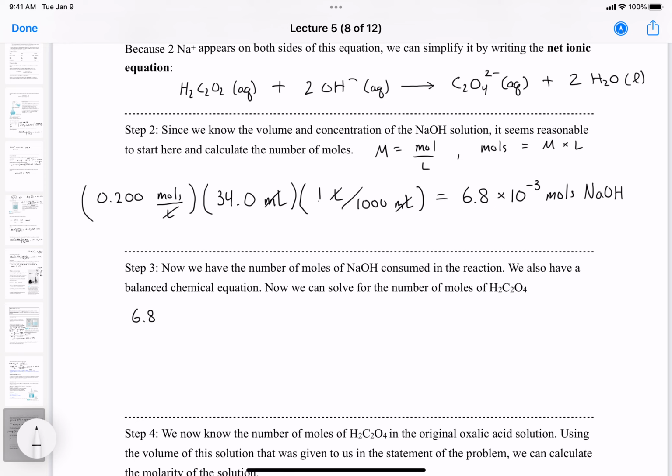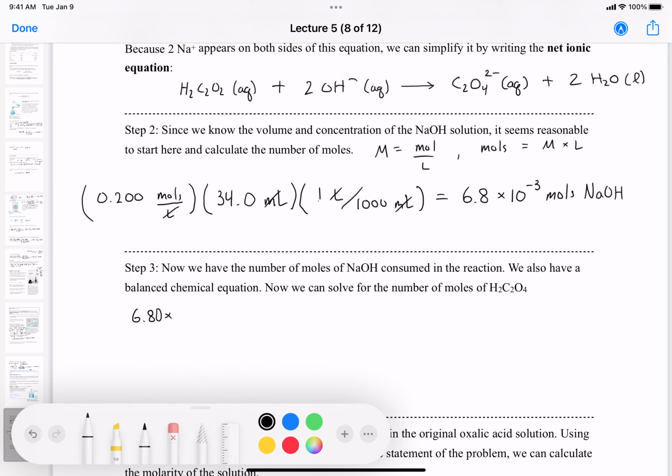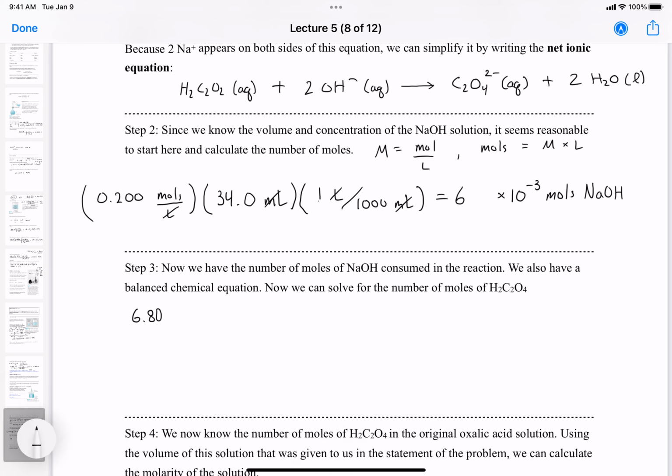Okay, so 6.8 times 10. Oh, well, I should not actually use 6.8, right? It should be 3 sig figs. So let's actually do that calculation here: 0.200 times 34 divided by 1,000. Okay, so it's 6.80 times 10 to the negative 3 mole